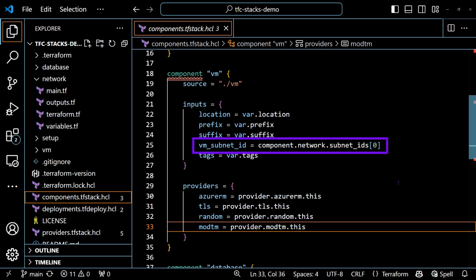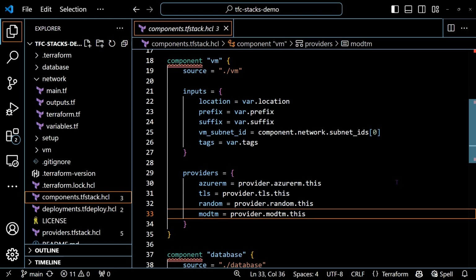VM subnet ID refers to an attribute of the network component, specifically the subnet IDs output, and then the first element of those subnet IDs. This creates a dependency or a relationship between the two components. There's also a lot more providers being used by this virtual machine. It's using the Azure RM, but it's also using the TLS, the random, and the modtm, which is Microsoft